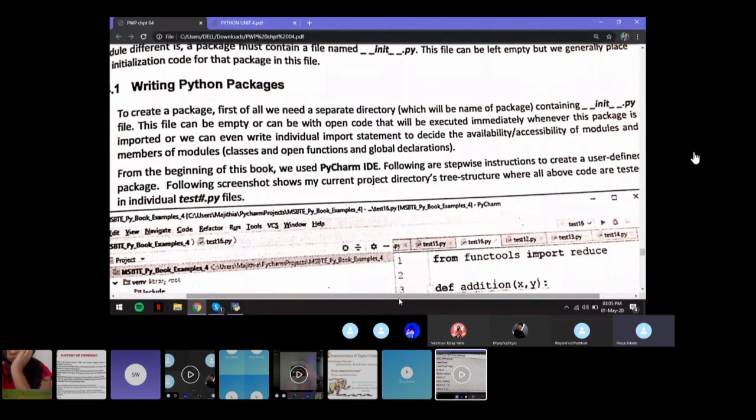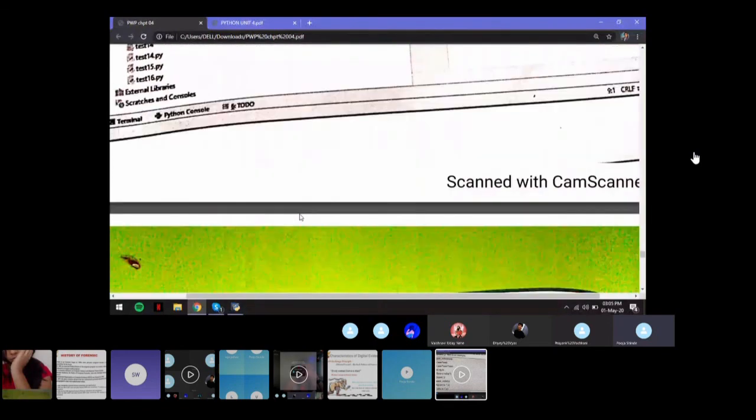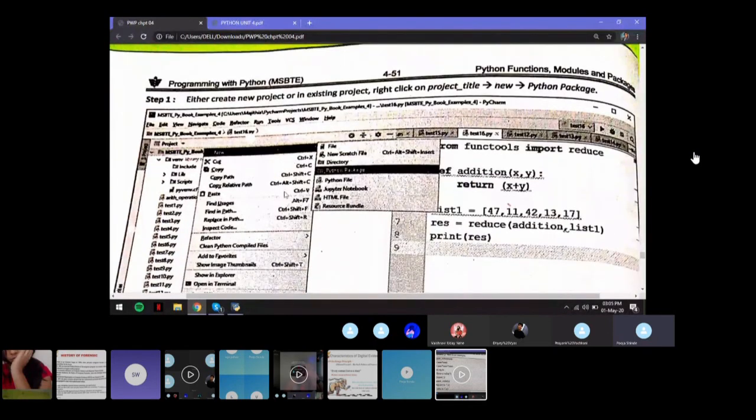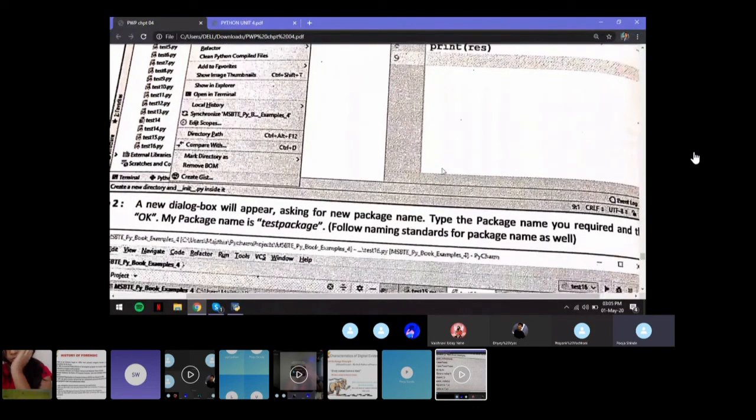So if you're using the PyCharm IDE, there are some steps that you need to follow to create the modules. Basically, you'll create a new project, then you'll create the project title, new, and Python package. Okay, so there is directly an option to create the Python package.